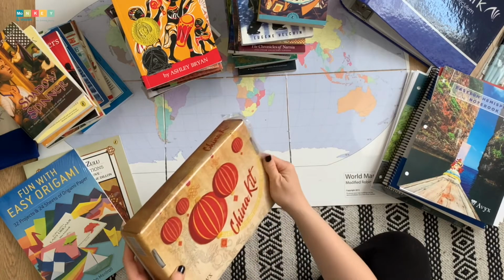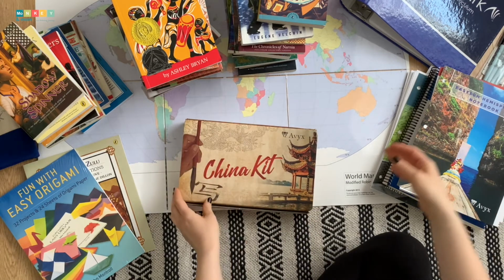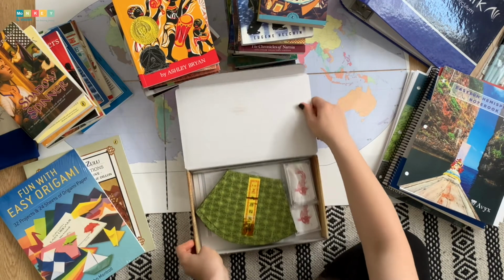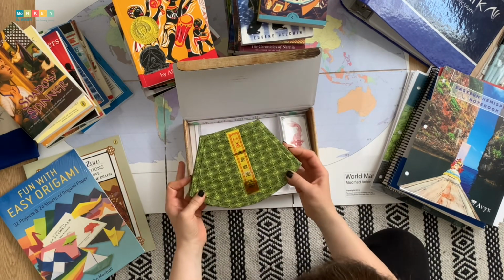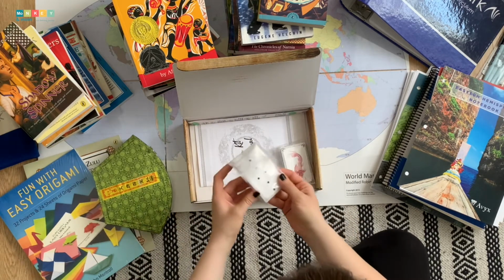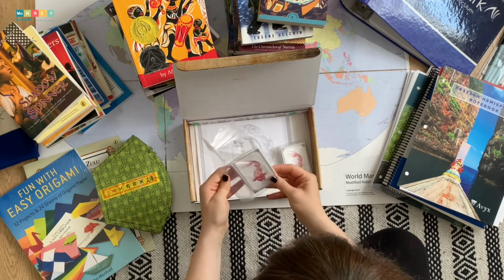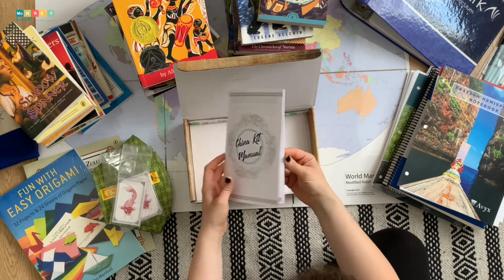Next, we have a China kit. Let's open it and see inside. I'm so curious to see what this is hiding. Oh wow, so this has a pretty box, some cards, they look like dominoes. It has 2 sets, a China kit manual